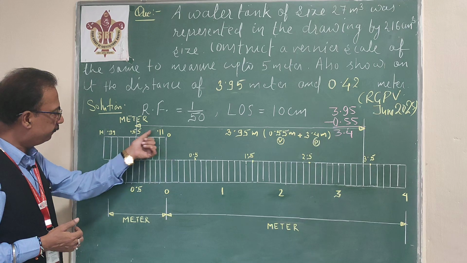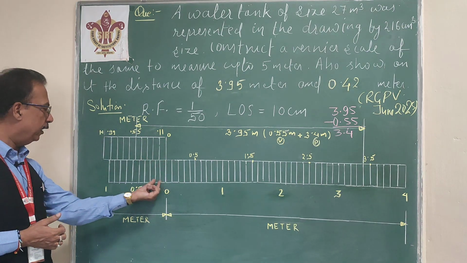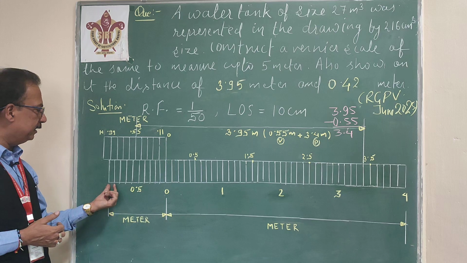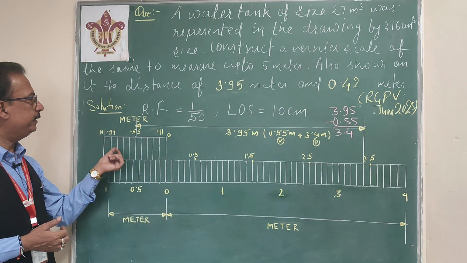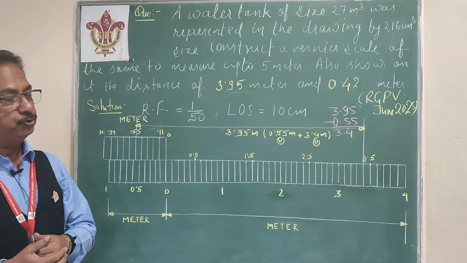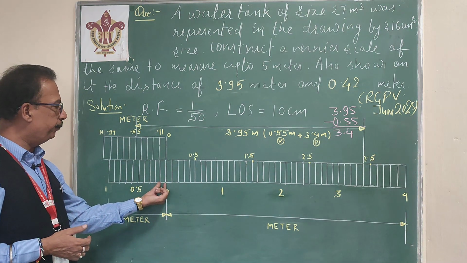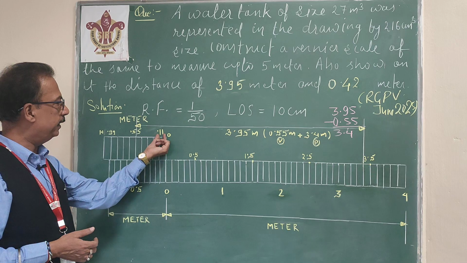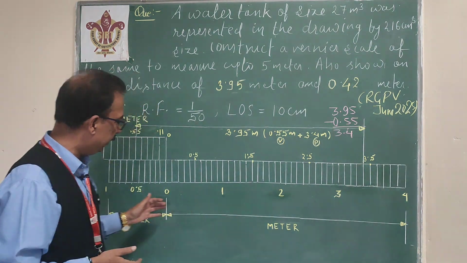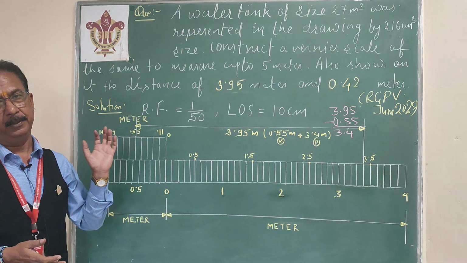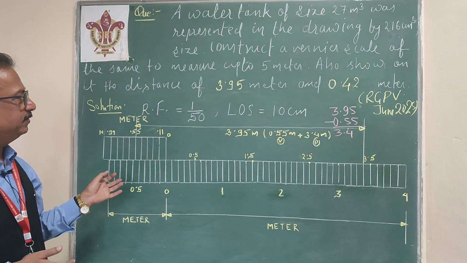Now above that will be the vernier part. In the vernier part, we will add one more part from the lower side. This will be 10. So on the upper side we have taken 11 and divided that into 10 parts. So the third fraction will be generated. In the subunit one part will be 0.1 and in the vernier that will be 0.11. So in this way we get meter, 0.1 meter and 0.11 meter. This is the way to draw the scale. This is a backward vernier scale.